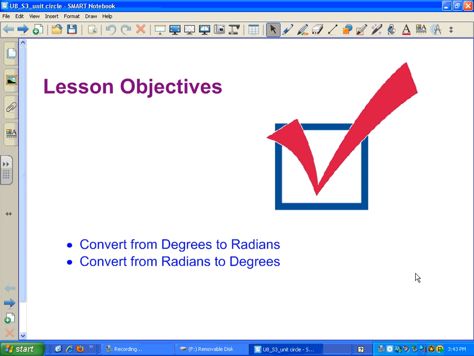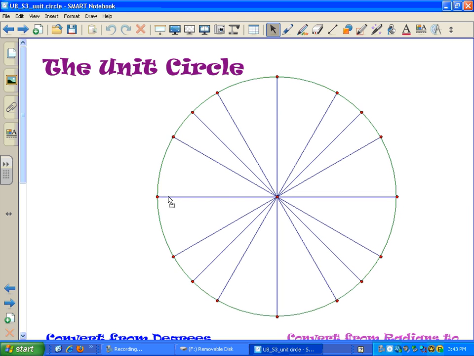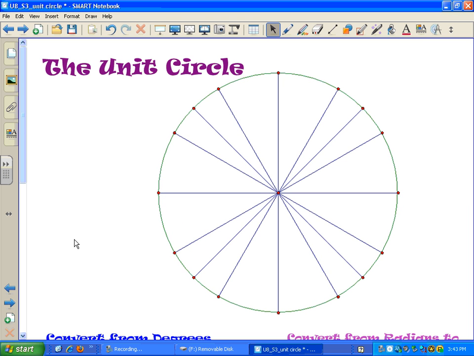In this lesson, we are going to learn how to convert from degrees to radians and then from radians to degrees. So let's go ahead and take a look. What I have here is what we call the unit circle. The unit circle is a circle that has a radius of 1 unit, which means if I were